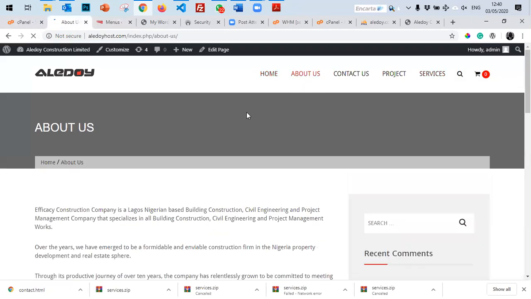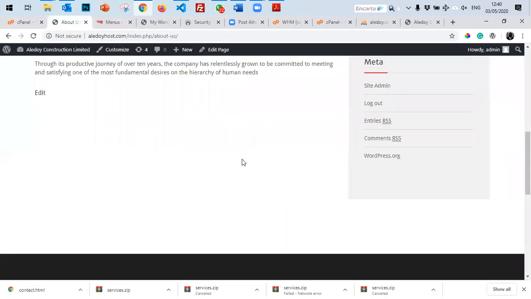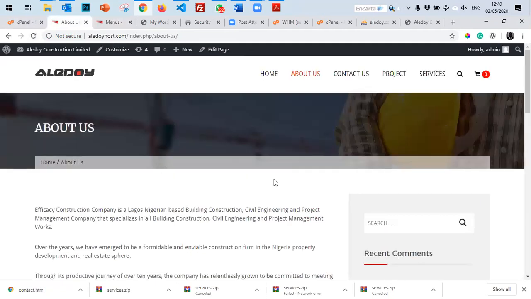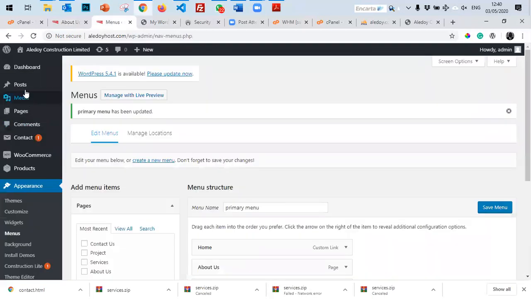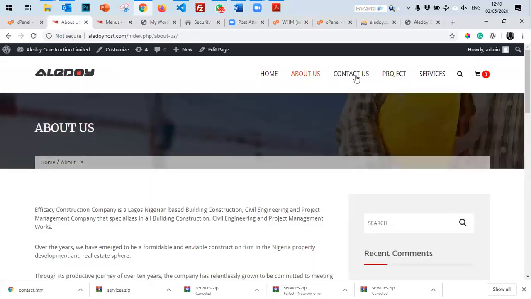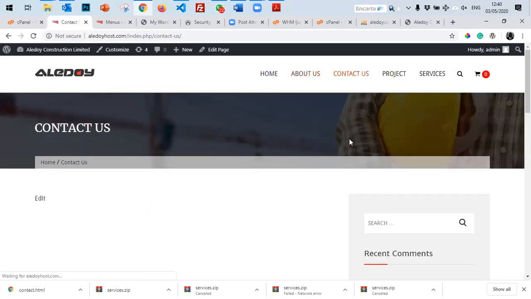If I go to About Us, it shows me the About Us page with all the content. Now you see that the theme automatically puts an image. That's the image that the system was telling me to change in that place. But let's just leave it. Contact us. They are not arranged properly, and that's because